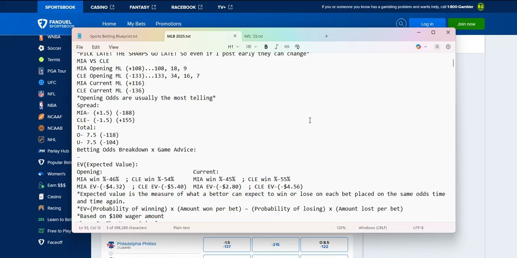Current win percentage 45% going with Miami based off the plus 116, minus 136 money line, which gives Cleveland a 55% win percentage, which gives them a negative $4.56 expected value, negative $2.80 expected value for Miami, negative $4.32 expected value for Miami opening, and minus $5.40 expected